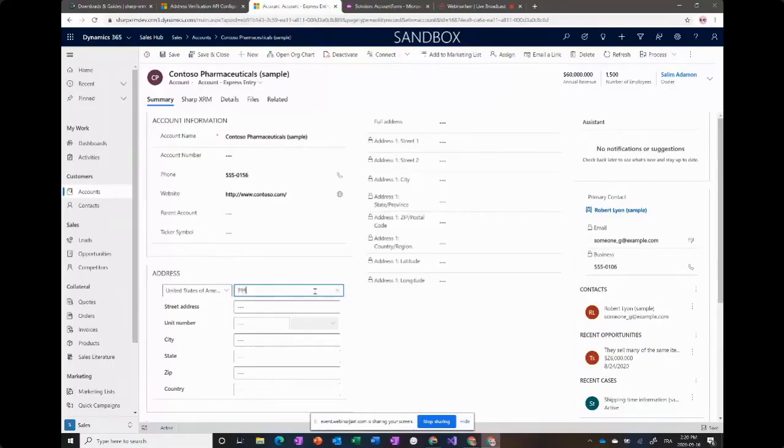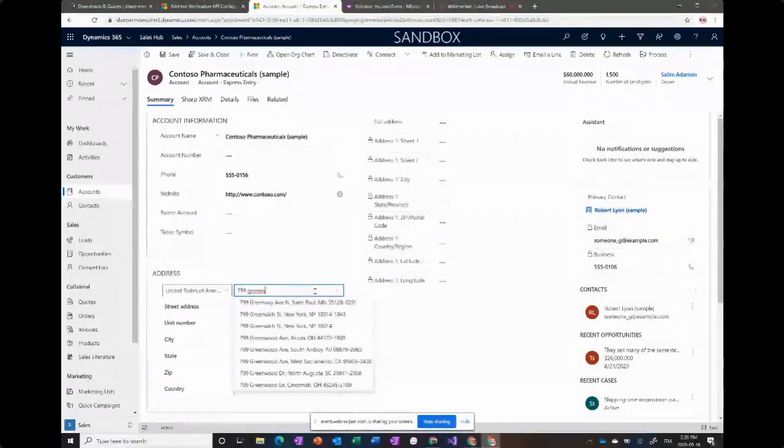So if I were to look, for example, for an address in New York, I'm looking for 799 Greenwich Street. And so here what you see is I have that address that came back. So this is actually the one that I'm looking for here. And I can select it with the zip +4. I can select